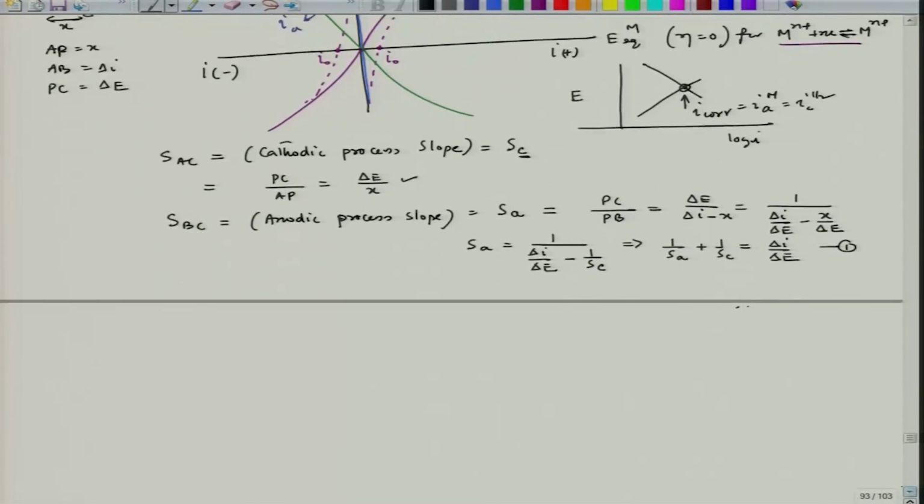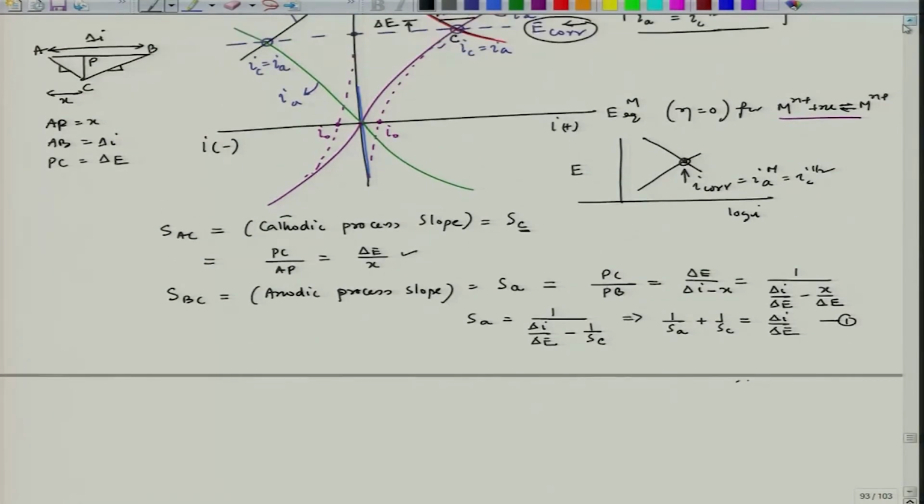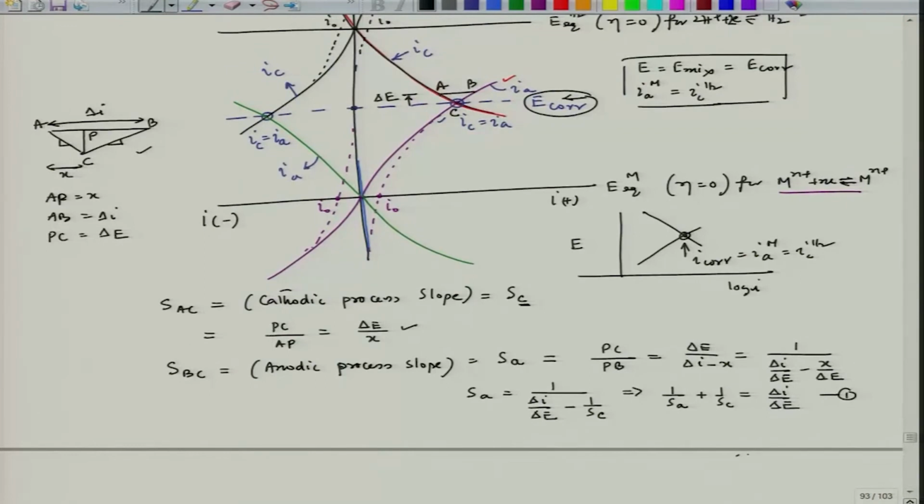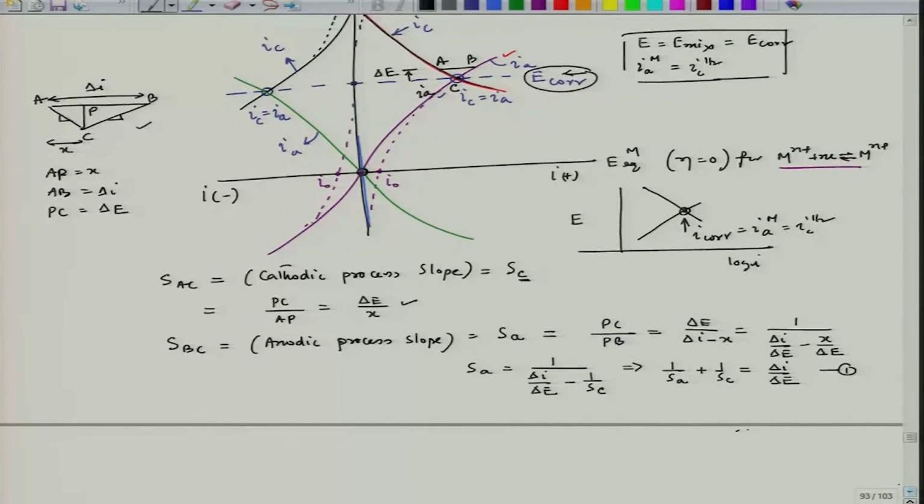Now, I can again look at this particular picture. So now at this point, if I try to find out the slope, and since this is at a very high overvoltage compared to the equilibrium potential for the metal reaction, that means this will be close to IA. So IA equal to I applied. So now if I try to find out the slope at this particular point,